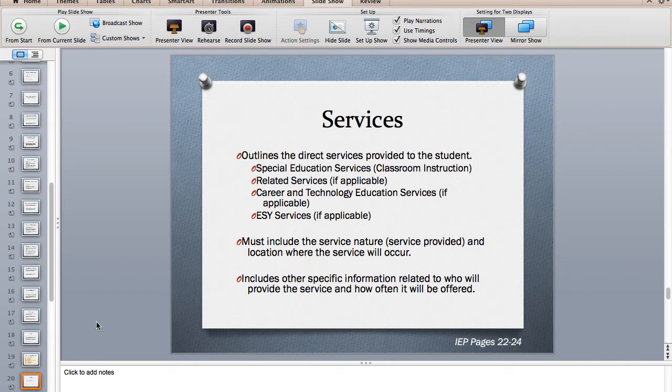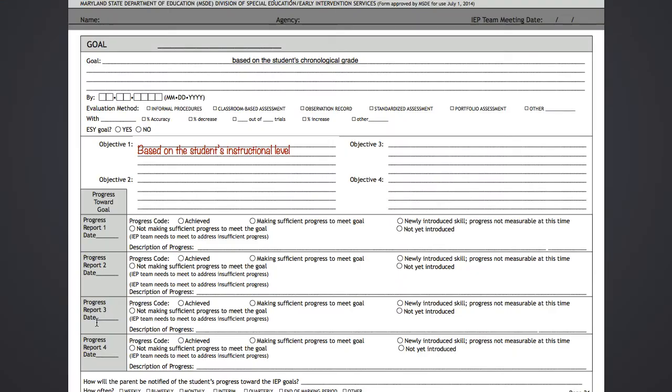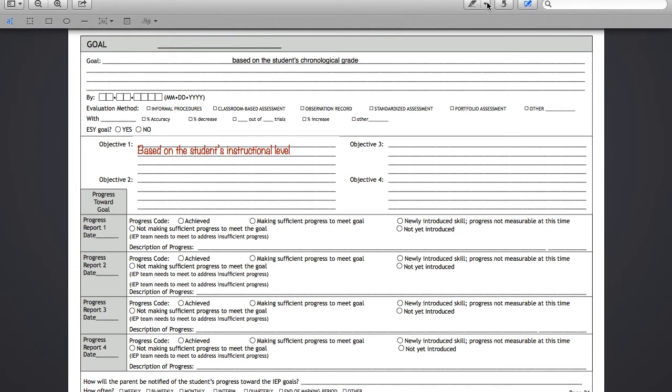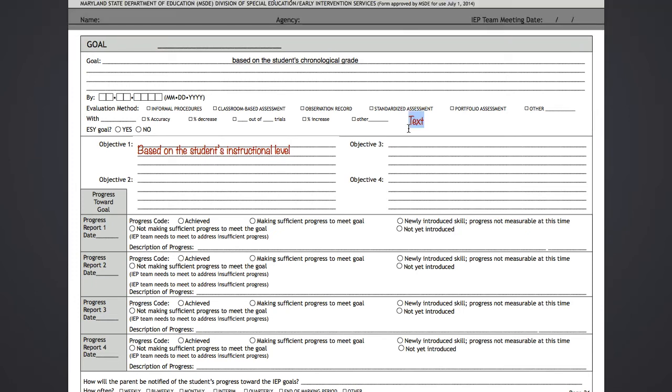So as we progress through that process, it's important for you to keep in mind that the goals and objectives are really going to be what sets the instruction for this student slightly apart from those students who may not have an IEP. Now, we'll be discussing this more in class, but it's important that you make a note that every goal and objective must include 3 things. Every goal and objective must include